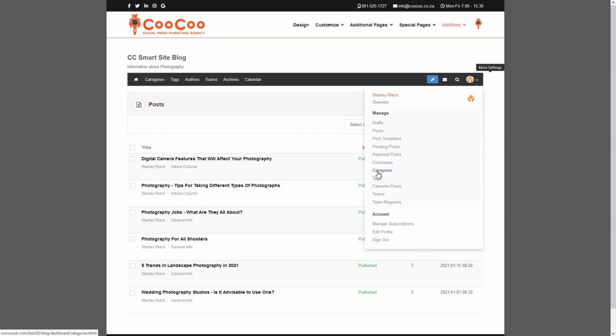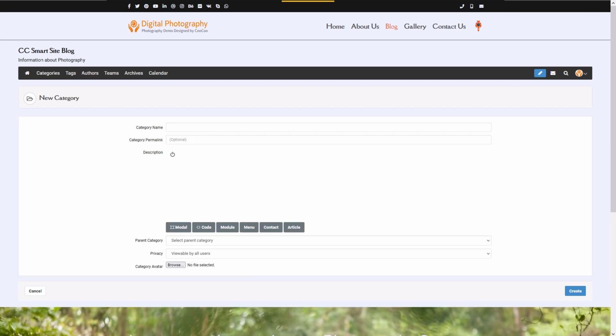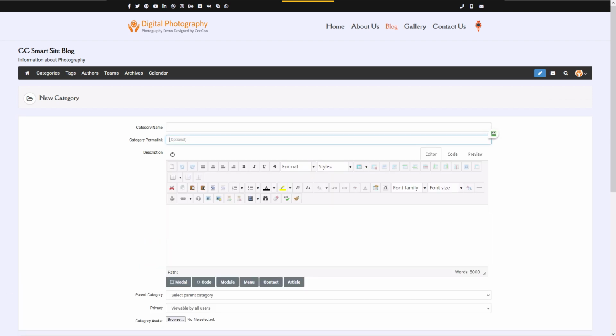Let's go into this link, because this is where you manage your categories for your website. You'll see that there is General Info and the Advice column, which are the two categories that came with your Cuckoo Smart site. Then there is a button on the top right of the page that you can click on. Once you have clicked on this new category button, you will be asked to put in a category name, the category permalink, which you can leave blank as it will be automatically generated from the name.